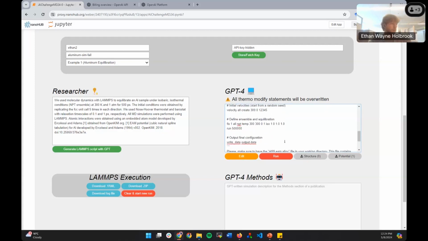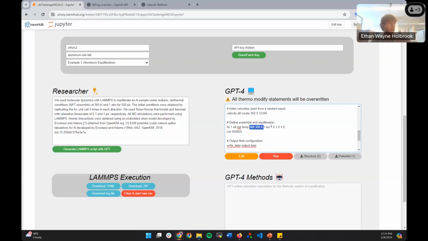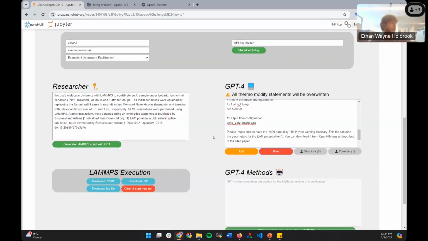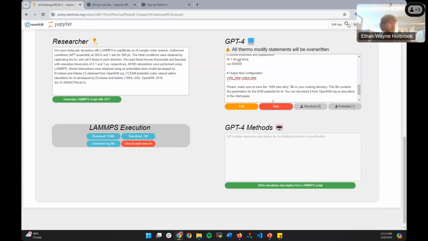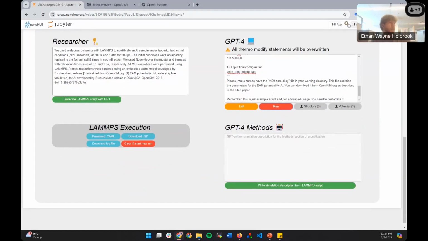Now this looks like a pretty good script from what I'm familiar with, but I said I wanted to make it fail on purpose. One of the easiest ways to do that is to just delete this portion. I know that it's going to be missing some arguments, and so it will fail. I'm going to click run, and it's going to send the simulation, hopefully,